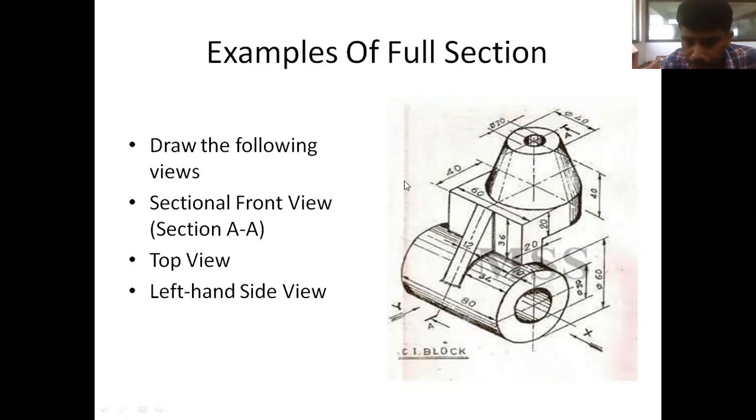What will be the center distance from this to the height? From height it is 60 plus 36, after this 60 it is 40, totally 136 is the height.